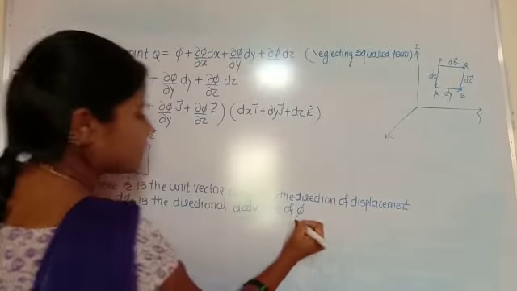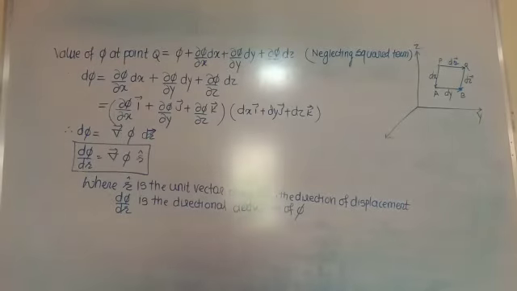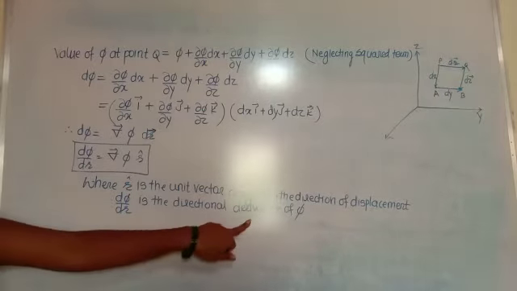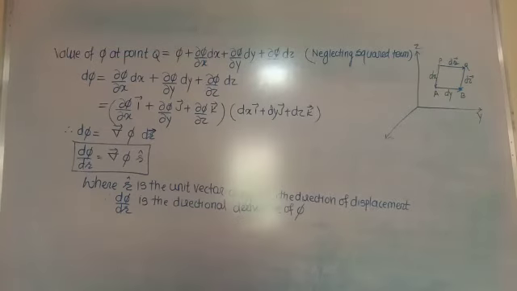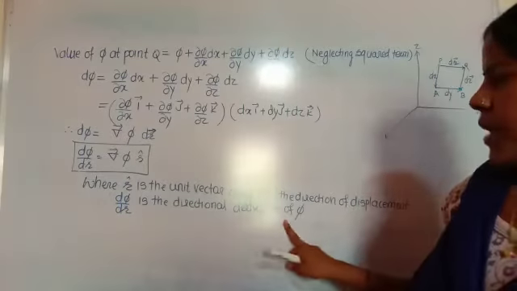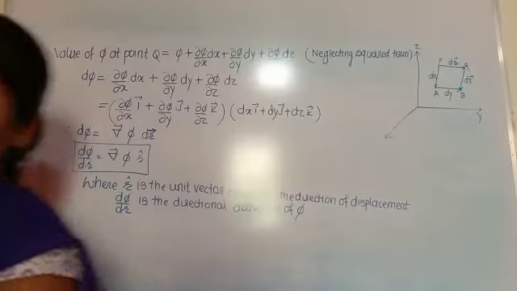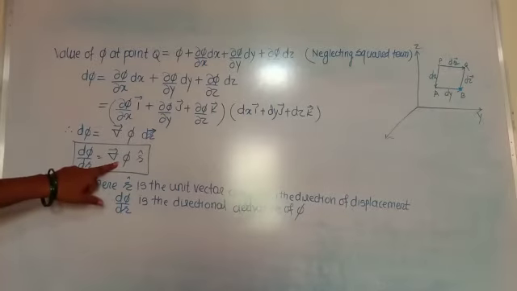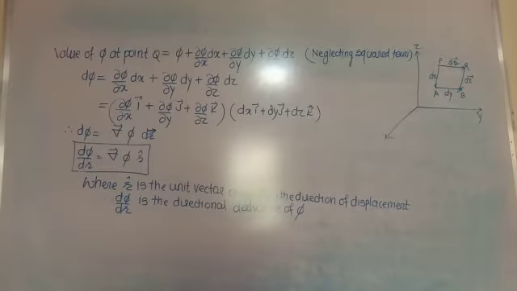As this phi is a scalar function, this d phi by dr is the directional derivative of phi. It is called the directional derivative of phi. So the rate of change is maximum. Okay. This rate of change with respect to r is maximum if r is along the operator into phi. This rate becomes maximum when the angle between the operator phi and r is 0.